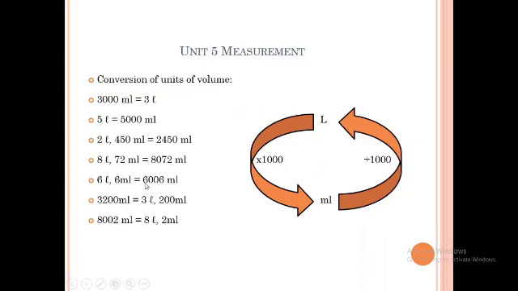So you will write 6006, and it is 6006 milliliters. Now 3200 ml you have, and you are going to change them into liters and milliliters. Very easy. 1000 is liter, that is 3 liters, and milliliters, the remaining 3 digits, 200, so these are 200 milliliters. Here you have 8002, so 1000, that is 8 liters, and only 2 milliliters you have.